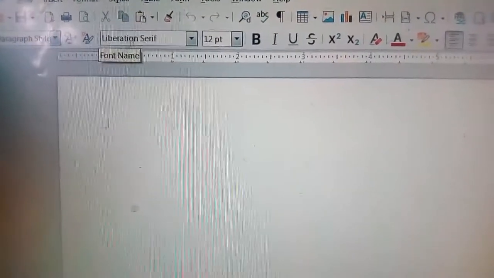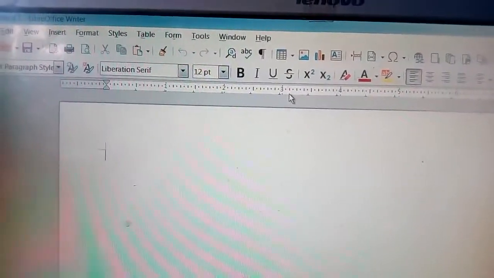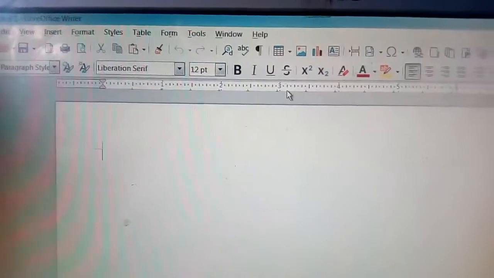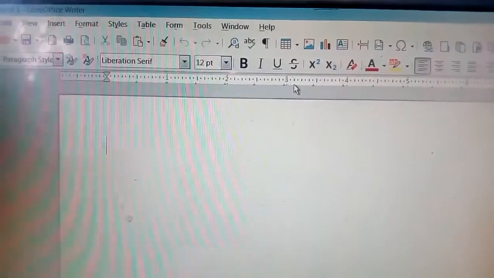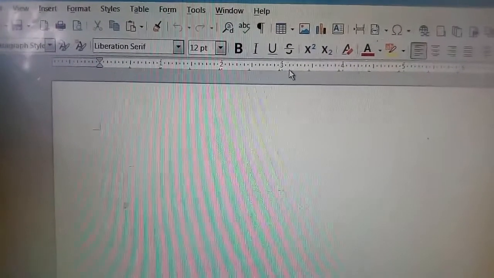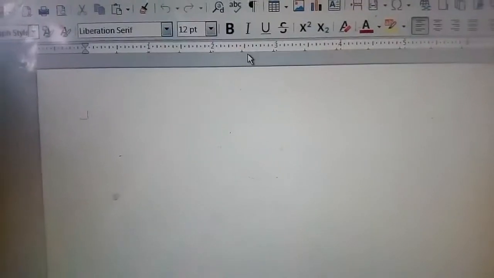Next one is the ruler line. Here this is the ruler line where you can set your tab. When you press the tab key, the cursor will move by that space. Similarly indents, tab stops, indentation, all these things you can do through the ruler line.